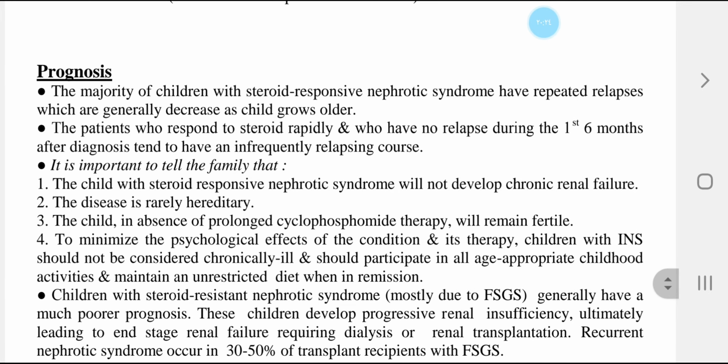Now, the prognosis of nephrotic syndrome. The majority of children with steroid-responsive nephrotic syndrome have repeated relapses, which generally decrease as the child grows older. The patients who respond to steroid therapy and who have no relapse during the first 6 months after diagnosis tend to have